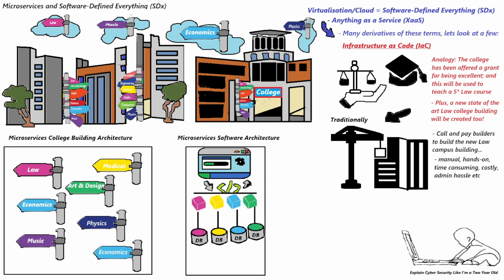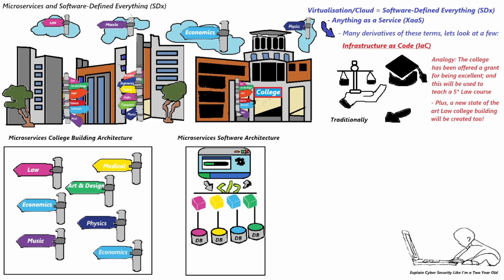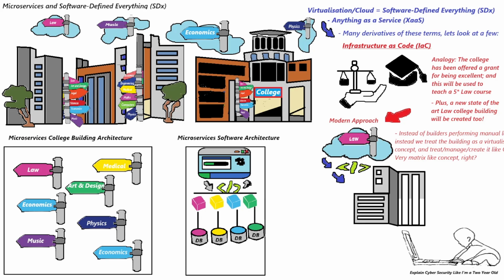Whereas the more modern, new day way of working is infrastructure as code, which means we don't need to do this traditional model. Instead, we can just use that law microservice and build instantly the law building of our dreams. Oh yeah! So how does this work? Well, if you think about anything as a service, this extends beyond just servers and networking. Software-defined everything, for example, refers to a trend of replacing hardware with software using virtualization. What's more, this virtualization extends to virtualized software, virtualized networking, containerization, serverless architecture, infrastructure as code, SDN, software-defined network, vSAN,